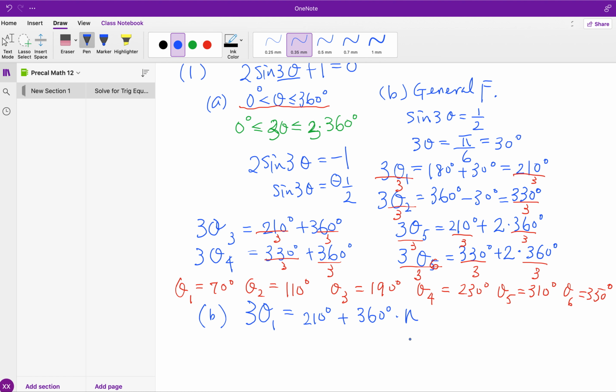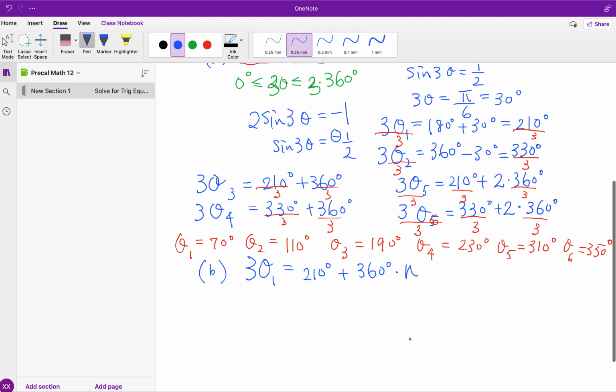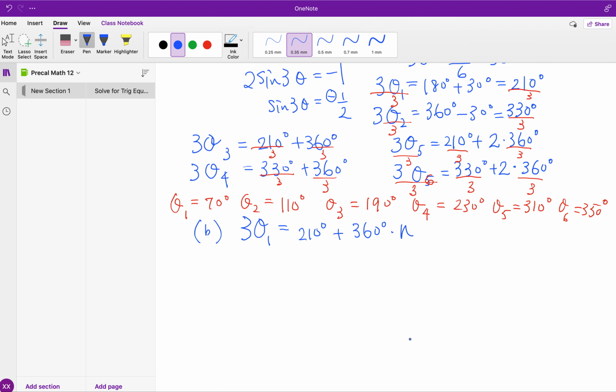Not double, the n times 360 degrees. Now in this case, right away, I'm going to divide both sides by 3. So in terms of general solution, theta 1 equals 70